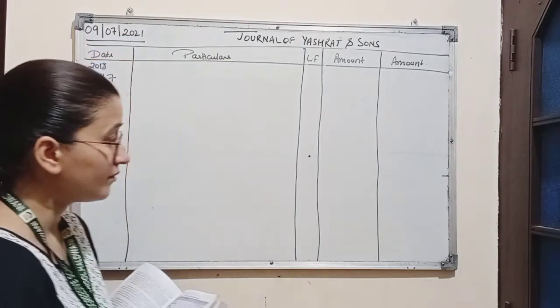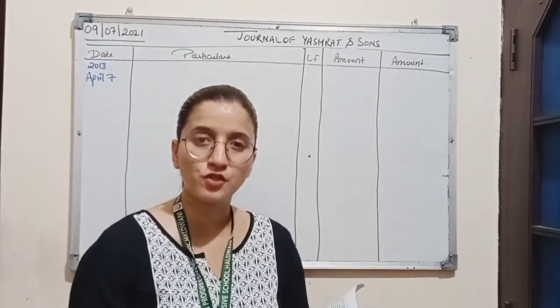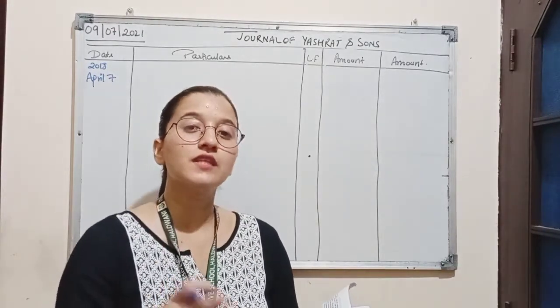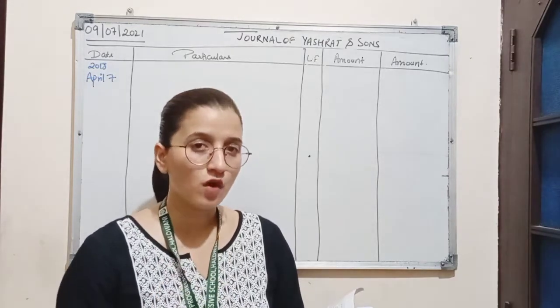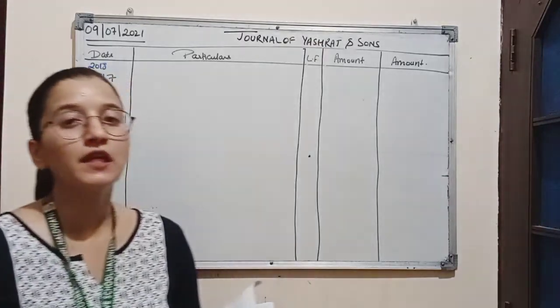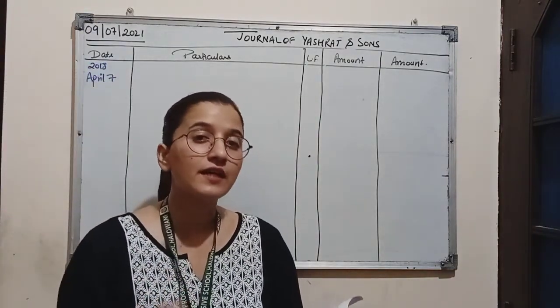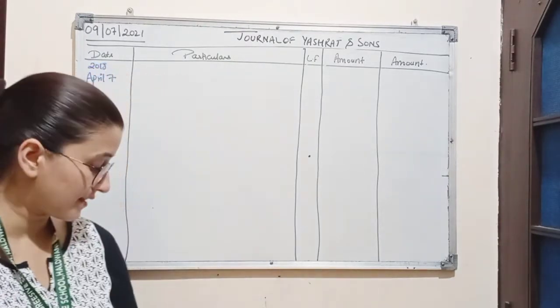Now we have learned in the previous class about the purchases account. Purchases is considered as expense. So sales will be considered as income. Now income is a part of nominal account, and rule for nominal account is debit all expenses and losses, credit all incomes and gain. So here we will be crediting sales account.